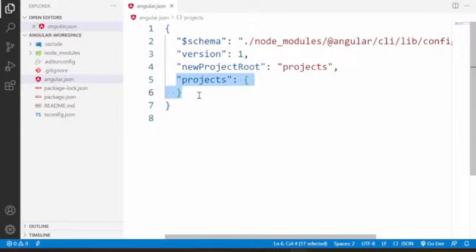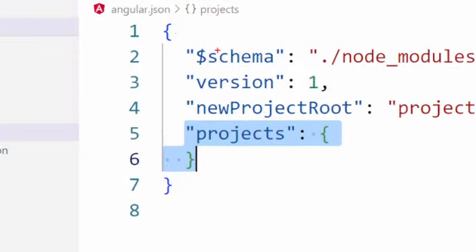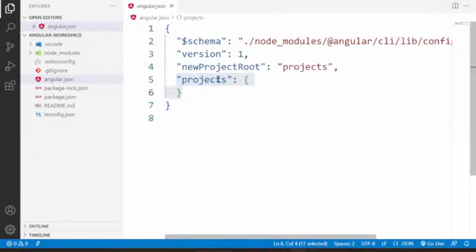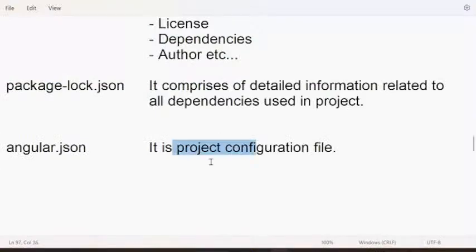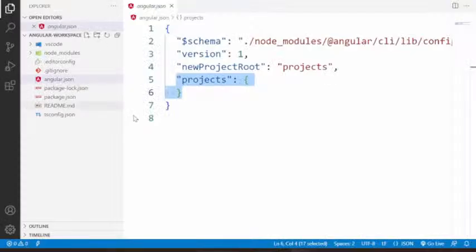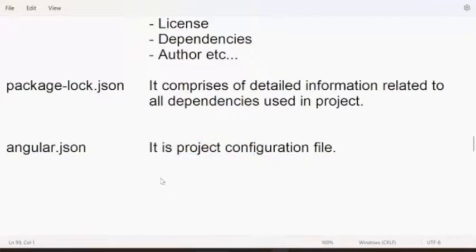Such configurations are kept in this file. So that means which component to start and all those, I will tell you how it works, right? Initially, this contains project related configuration. Currently, there are no projects. Later, when projects come, you will see that, right? Angular.json contains the project configuration.